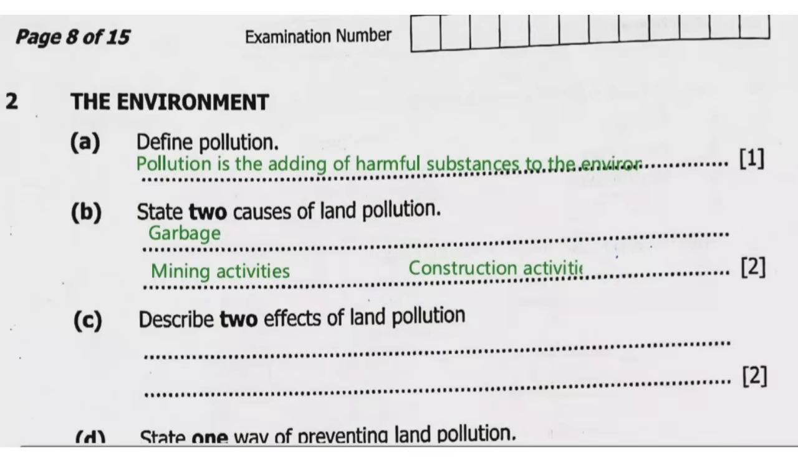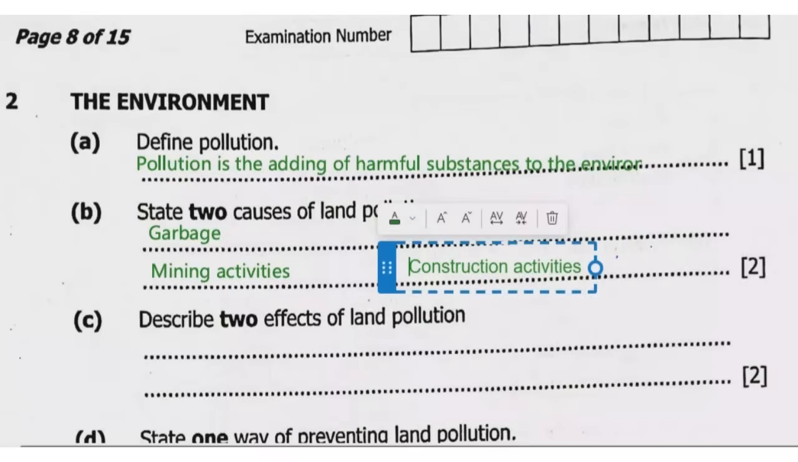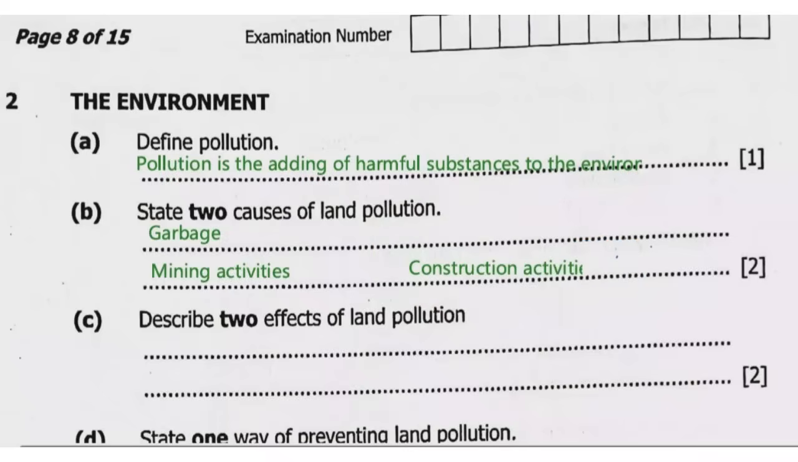You can pick 3. So the first one is the most common one, throwing of litter anyhow. That one also causes land pollution. Then there is also mining activities. This is common in areas where there are mining activities going on. Construction activities, this is also common in areas where construction is taking place. Okay, so those are the 3